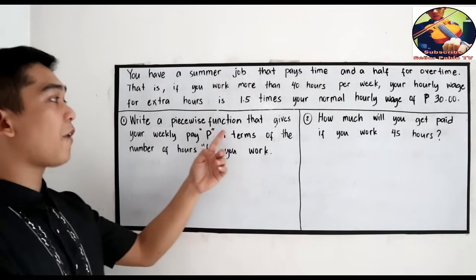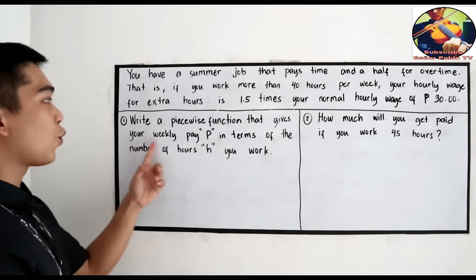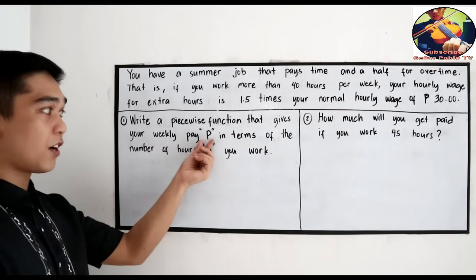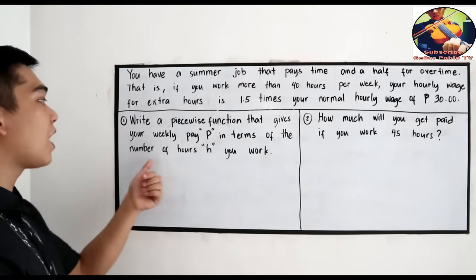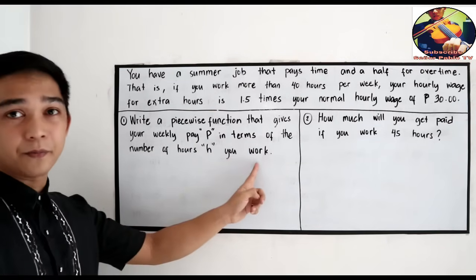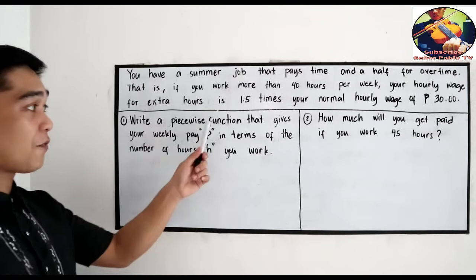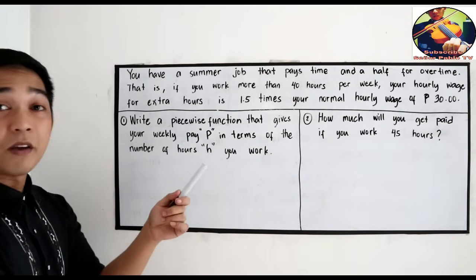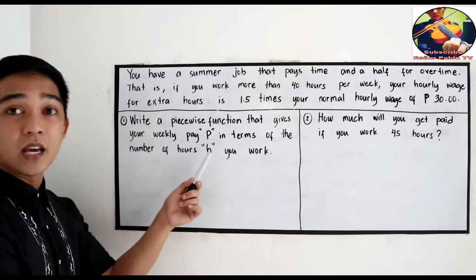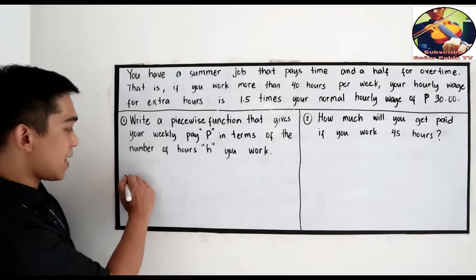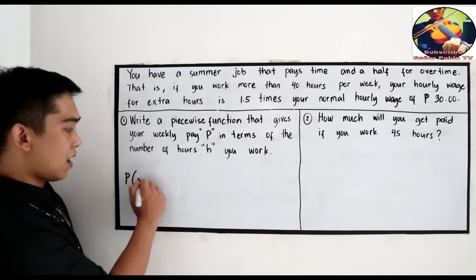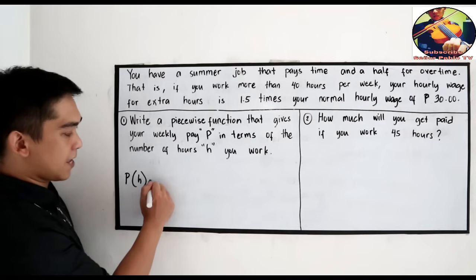Write a piecewise function that gives your weekly pay, variable P, in terms of the number of hours you work. So, kukunin daw natin yung ating piecewise function. May variable tayo na P and H. So, yung gagamitin natin, yung pay per hour, is equal to